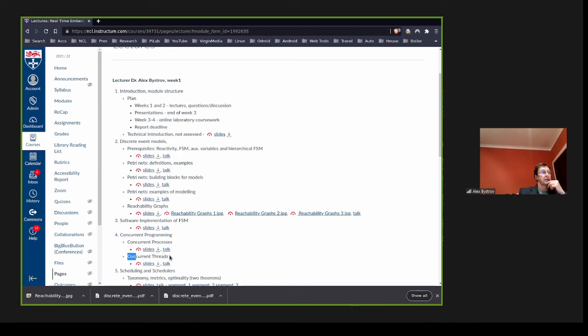When talking about concurrent threads, in this set of slides and this talk, we will see an example where our concurrent threads show the effect of unfairness. So we have two threads. One of them is printing on the screen 1 1 1 1 1. The other is printing on the screen 2 2 2 2 2. You launch the system, and instead of seeing on the screen 1 2 1 2 1 2 1 2, it just fills the whole screen with ones all the time. Right? This means that this event of unfairness is taking place.